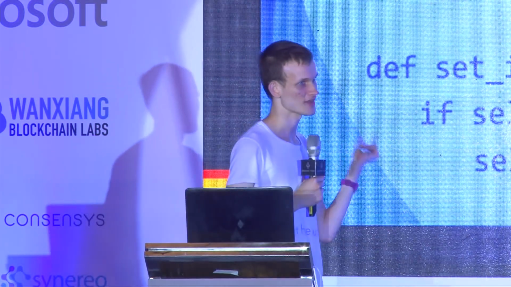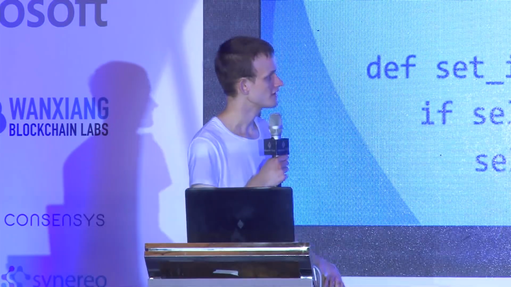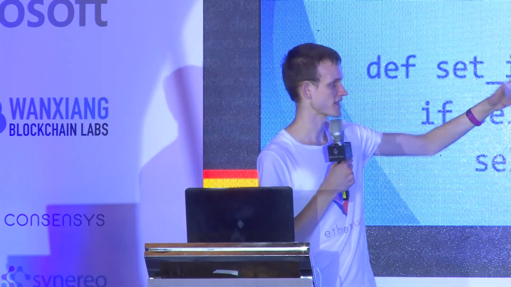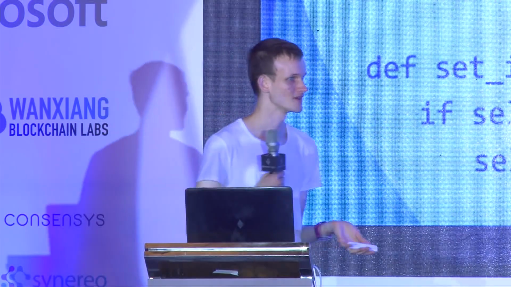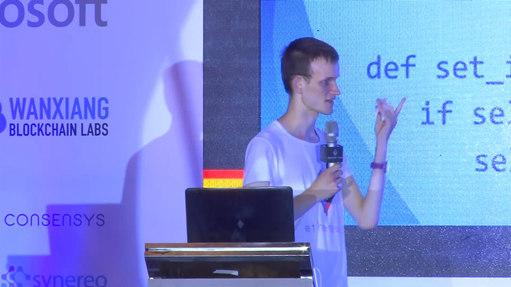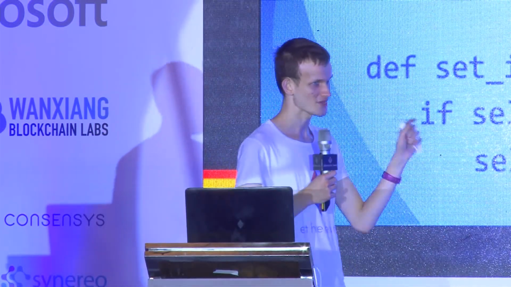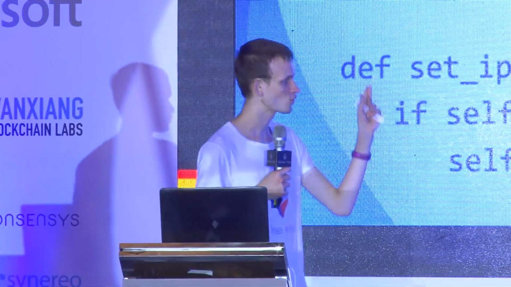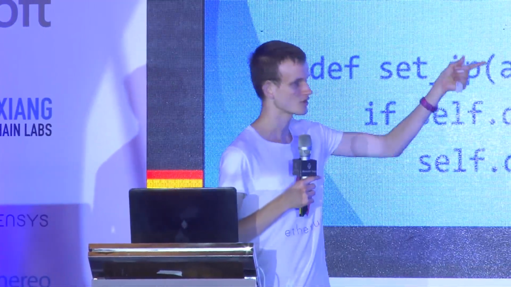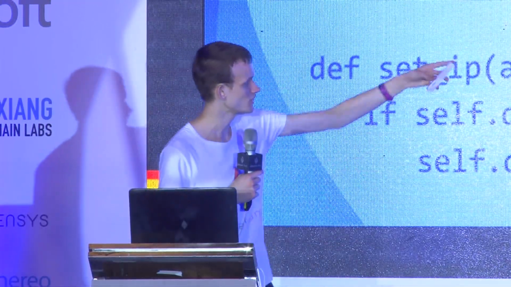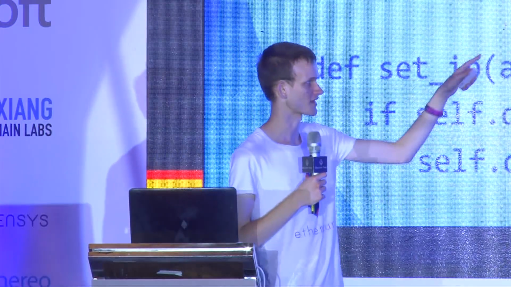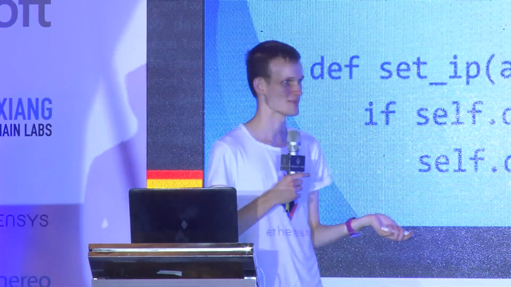When the transaction gets included, the code runs, and you notice it says self.domains address.owner equals msg.sender. What that line of code basically does is it says, whatever address sent that transaction, record that address in the contract storage as the owner of that particular domain. You notice at the top of the contract it says data domain, so it stores a mapping going from a domain to the owner and the IP address of each domain.